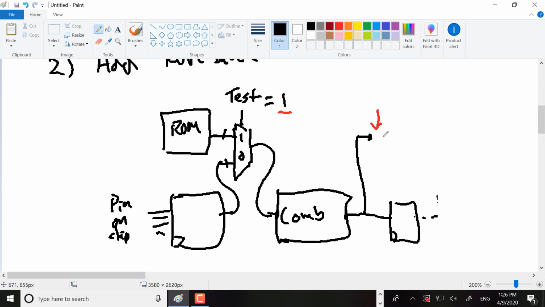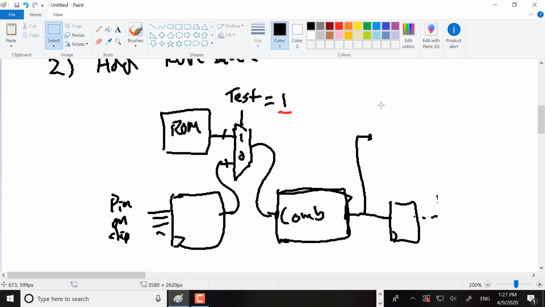Still have to figure out what to do with your output, and if you want to have this go out to the output, if you're trying to debug as well as tell whether the test is good or bad, and we're not really worried about debugging right now. We're just worried about whether a chip is bad or not. If you want to maybe have more information to actually debug this block, then you probably want this all to go out to the pins. But if you just want to know if your chip is good or not, what you can do is add